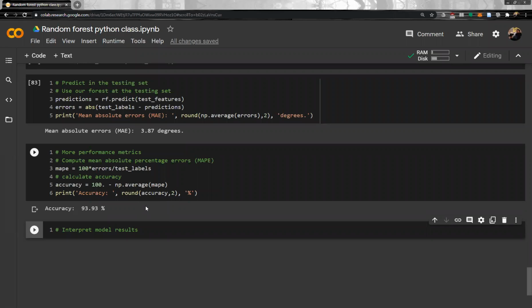Let's interpret the model result. Well, one advantage of the random forest is we can actually interpret the result. So first,